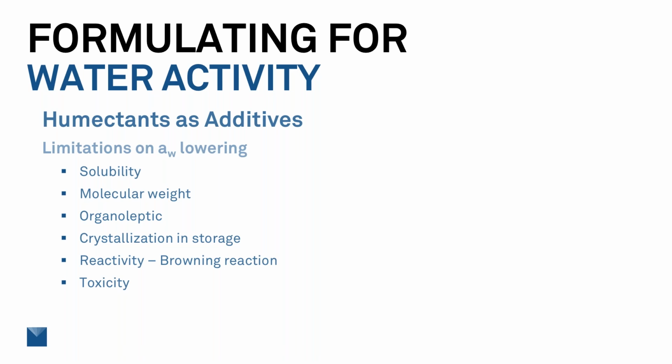And toxicity, if you use propylene glycol, that does a good job of lowering water activity and increasing your moisture in your product, but there is a limit. If you use quite a bit, it also has the organoleptic property of being kind of bitter, but it actually can get to a toxic level if you use too much. So those are some considerations when you're using humectants as additives, but what you can do to mitigate some of those things is do combinations. So you could add some of one, some of another, a little more sugar, a little more salt, maybe a little preservative or a glycerin or something like that.